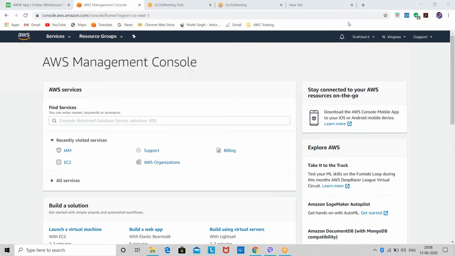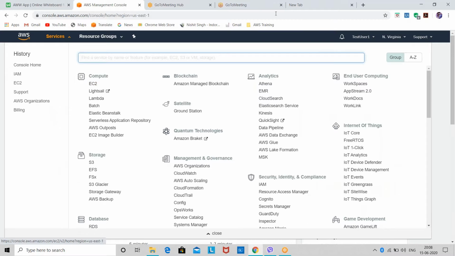Okay, so today first we'll quickly revise how we can configure ELB and auto scaling group. I hope you guys remember we have studied ELB and auto scaling group. We'll quickly revise how we can configure ELB and auto scaling group, and how we can assign or allocate a particular EC2 instance in our ELB and auto scaling group. For that, we will first create an EC2 instance. So let me create an EC2 instance first.